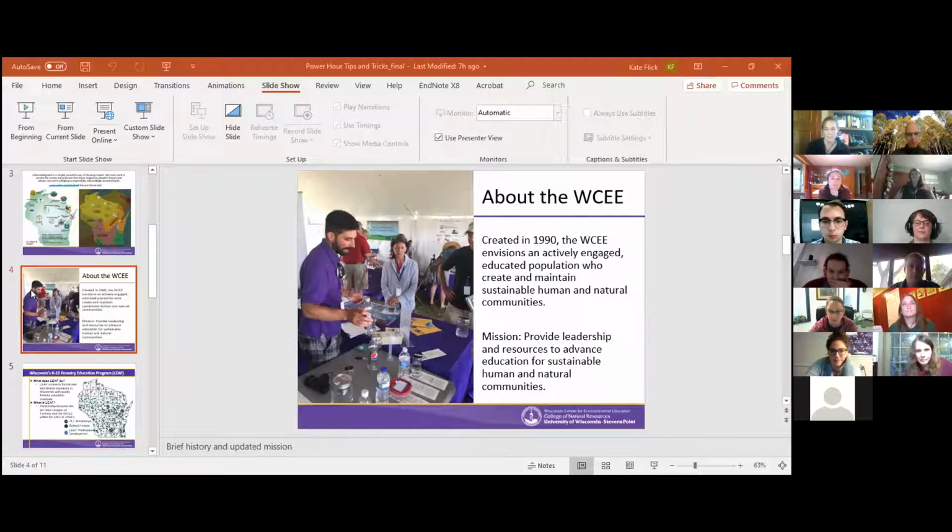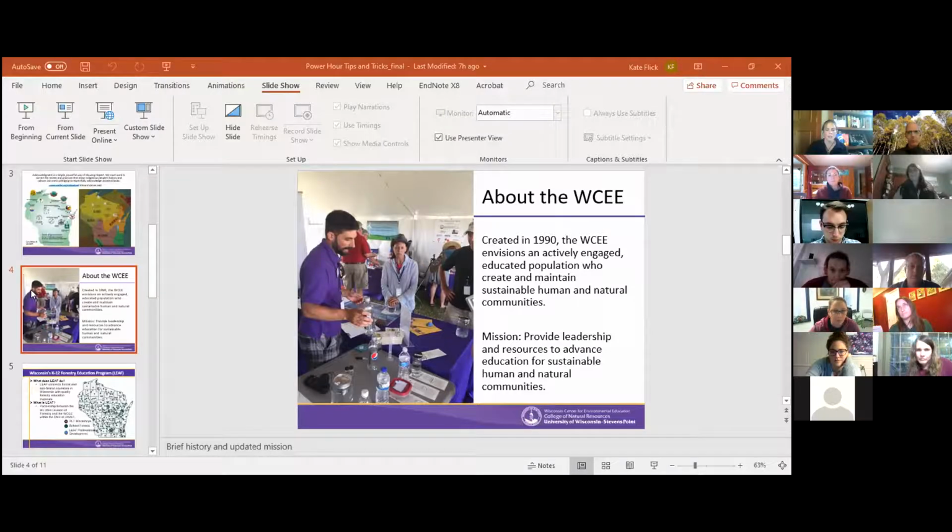It's just a way to understand who's all here with us today. So anyway, the Wisconsin Center for Environmental Education was created in 1990, and it was really an effort to envision sustainable human and natural communities, especially via education. What we do is provide leadership and resources to advance sustainable human and natural communities.